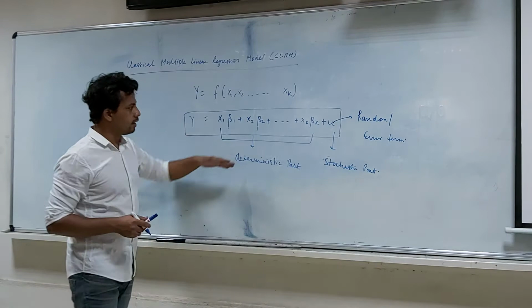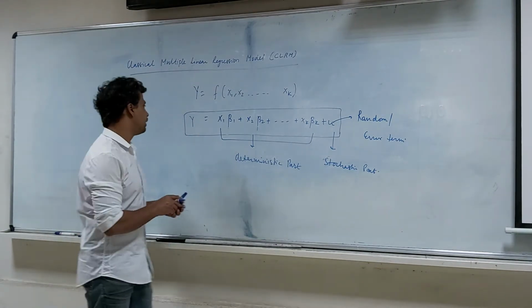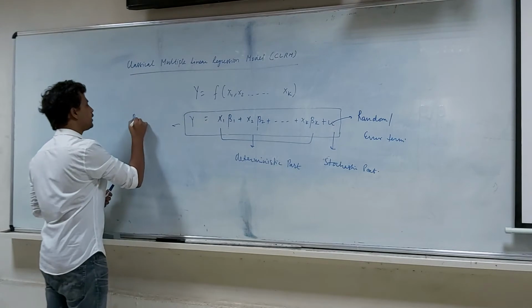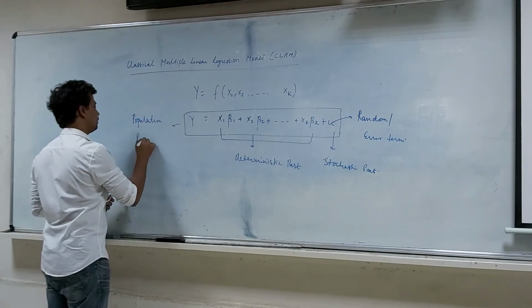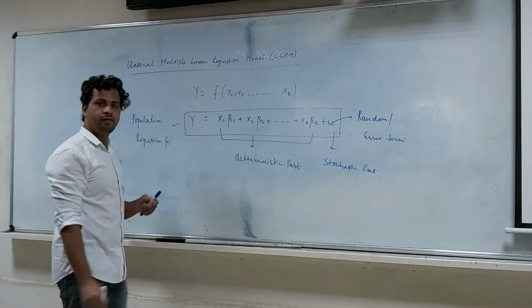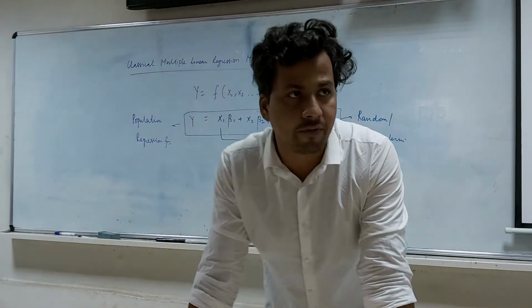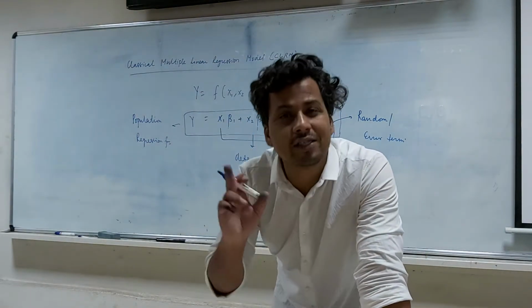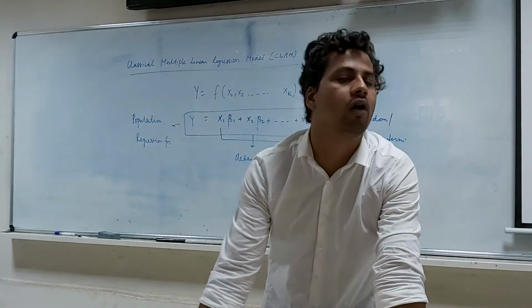So this is the generic function of a population regression function. It is also called the population regression function. Why is it called that? Because in CLRM, the first thing we do is assume that such a population regression function exists in the economy, right?